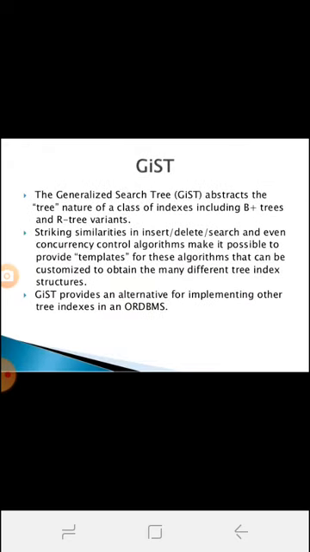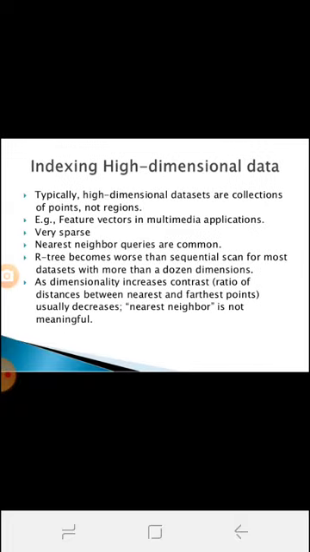Then GiST means generalized search tree. It abstracts the tree nature of a class of indexes including B plus trees and R trees. Then indexing high dimensional data.